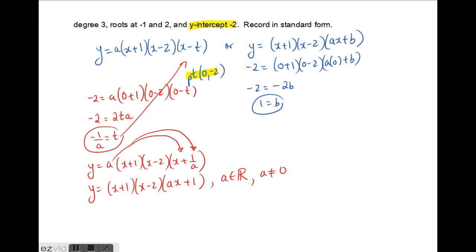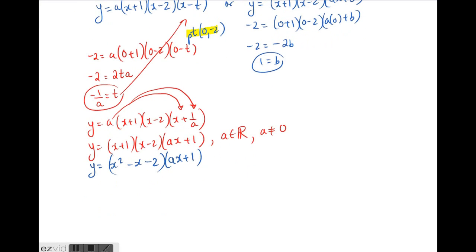So let's FOIL this out. We would have x squared minus x minus 2, and then (ax plus 1). And expanding a little bit more, we would have ax cubed plus x squared minus ax squared minus x minus 2ax minus 2. And then collecting like terms, we would have